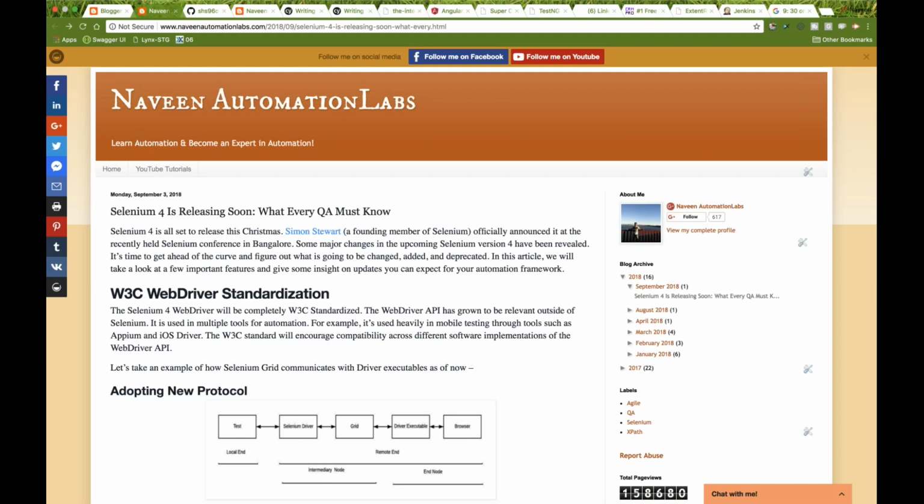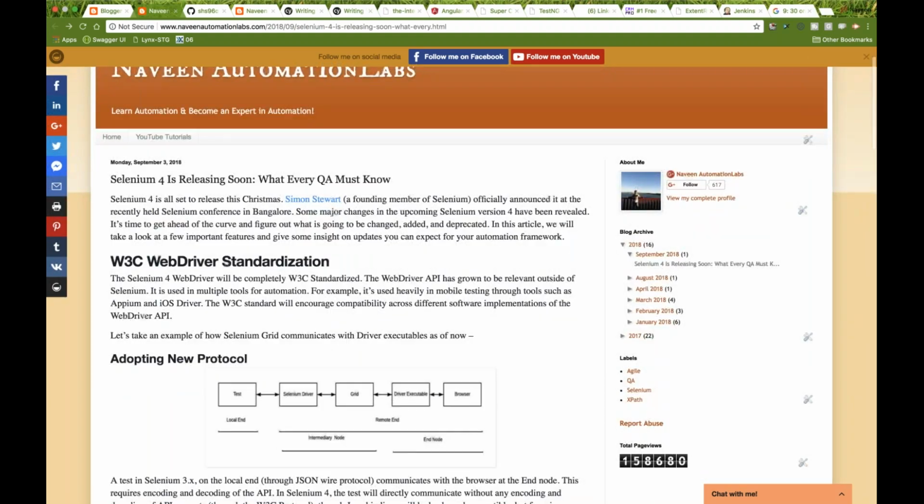So I just prepared my notes and I wrote them in the form of this particular blog. I took some information from different blogs, Git repositories, and from their conference videos. I personally didn't go there because I didn't get the chance, as I was not in India in June. But I tried to capture all the notes from the different resources, and then we will discuss all those new things which are coming for Selenium 4 in this video. So, guys,